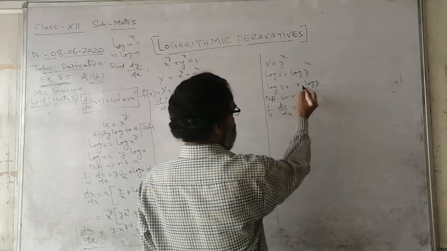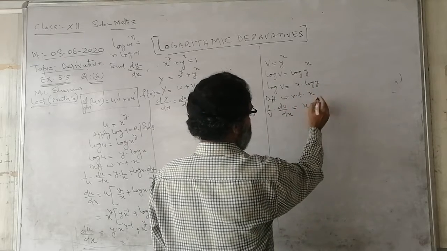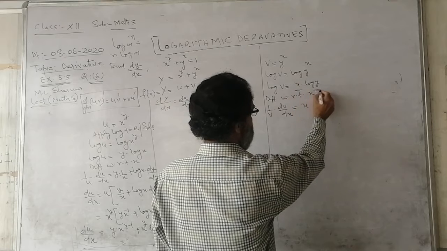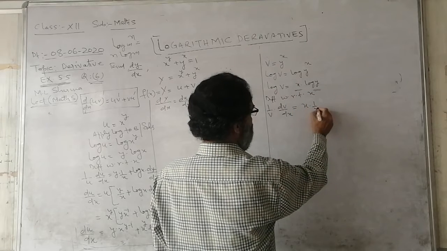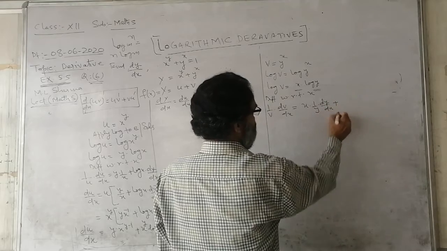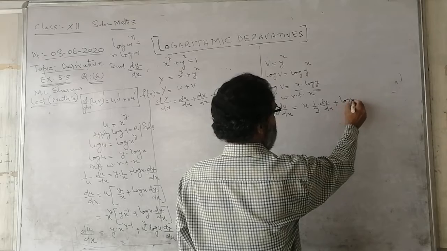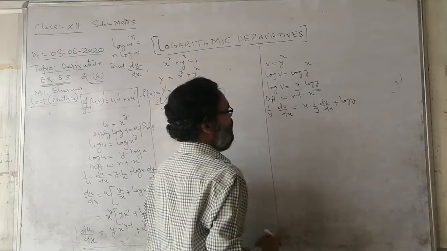So by product rule, the first term, then derivative of second, this is first, this is second, so it is 1 upon y into dy upon dx plus the second function, that is log y into derivative of first, that